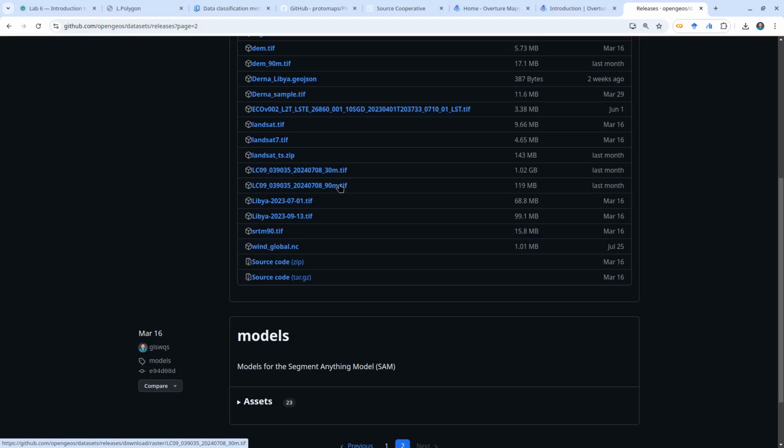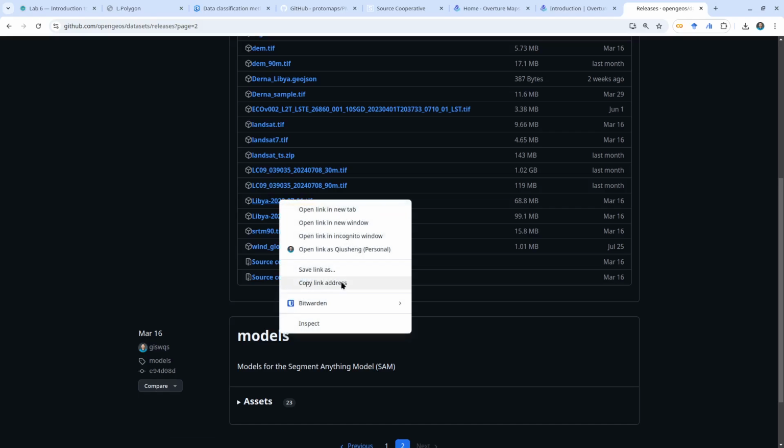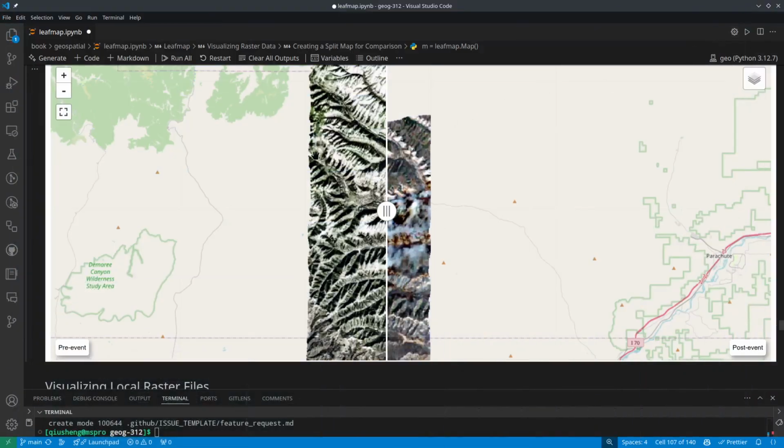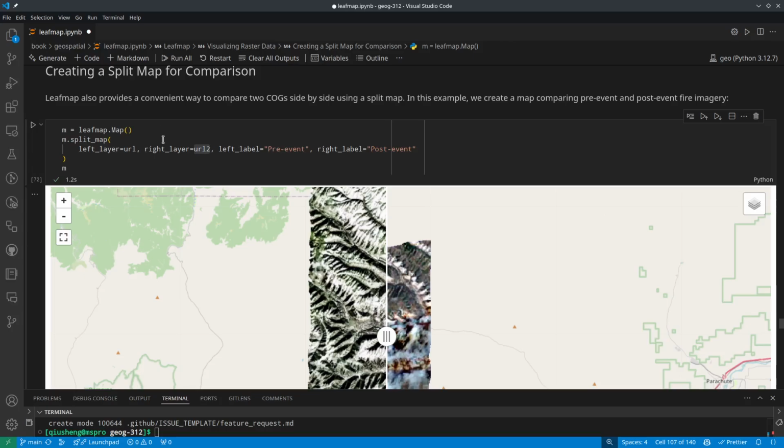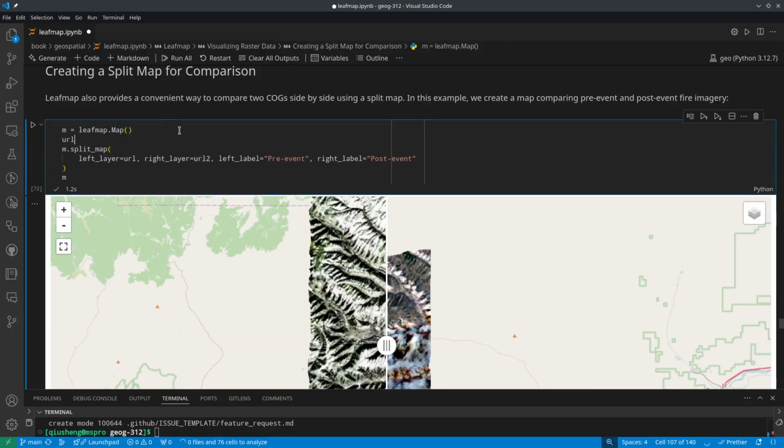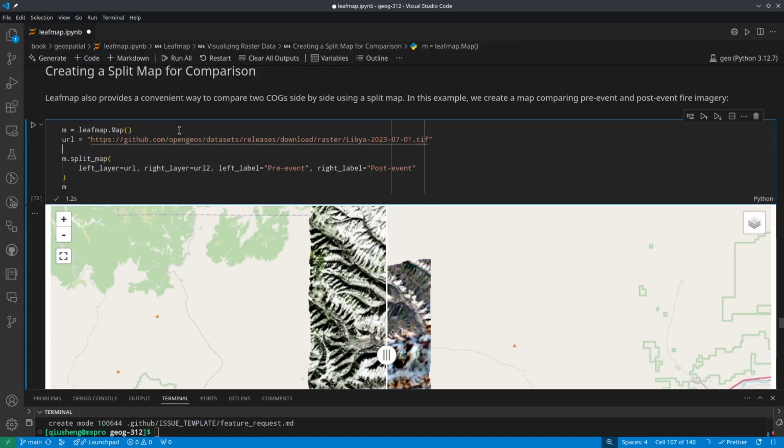For example, I have the Landsat. I also have this one, Libya flooding. So July 1st and also September 13th. So assume that you found some data set in the cloud and you want to visualize that. Very simple. I can just come here, right click, okay, and then copy the link address, come back to my source code here. Then I can just add, for example, URL equal to the first one, and then enter URL 2